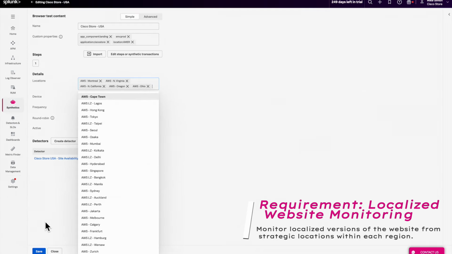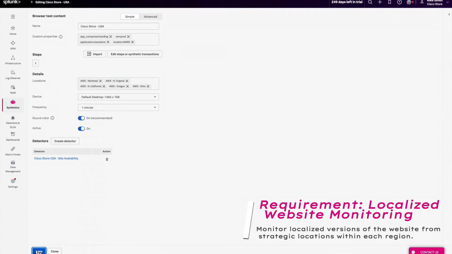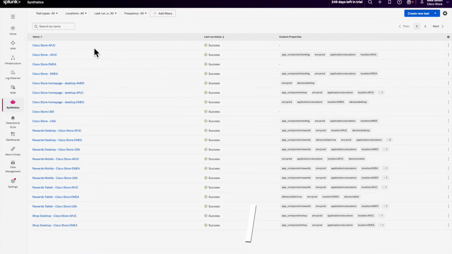In this case, we'll choose Ohio. And with a quick save, within a couple minutes, this test will now begin running from that new location. As I said earlier,